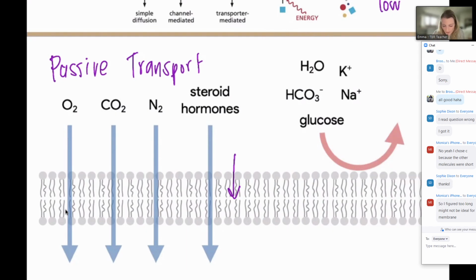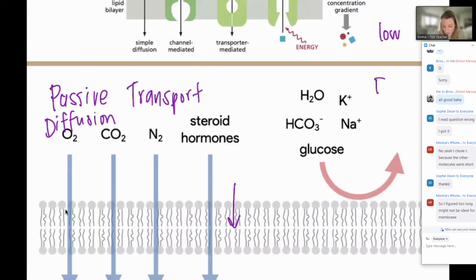And when we think about this, cholesterol, which is not a steroid hormone, but is a hormone, is also present. But those are kind of going to be the things going via passive transport, whereas any of these bigger molecules, water, bicarb, glucose, or things that are charged, are going to need help. So these guys are going to be part of, I guess this is like passive transport, but also diffusion is what it's kind of showing.